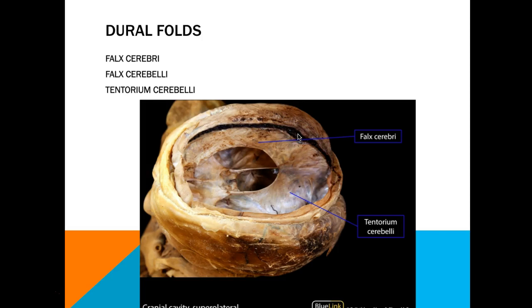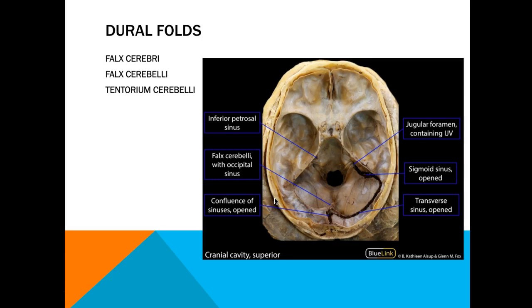Now, your dura mater has two different layers. In certain areas, the two layers are going to fold upon themselves. So one of the areas in which we see this is the falx cerebri, which is pictured over here. This falx cerebri sits within the longitudinal fissure between the right and left hemispheres of the brain, which are not present in this image here. The other dural fold that you can see in this image is called the tentorium cerebelli. So this forms a tent over the cerebellum, and you could see this a bit better in this superior view